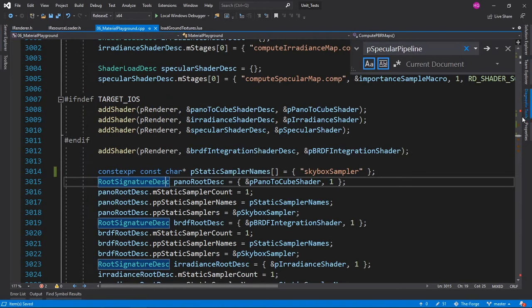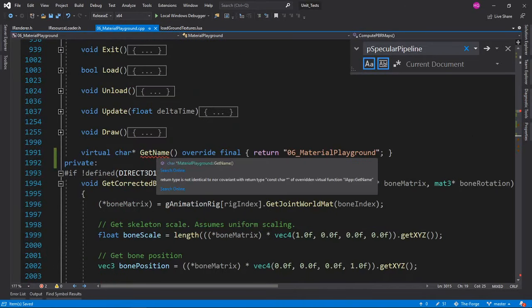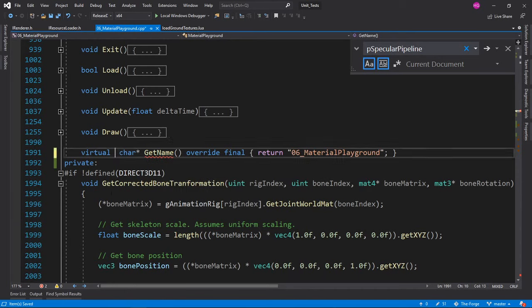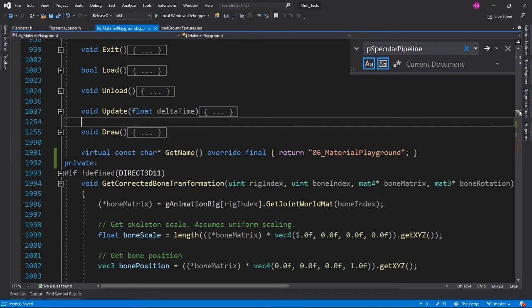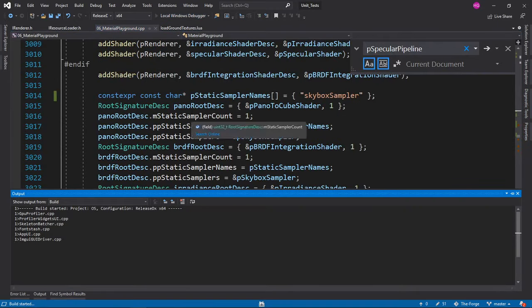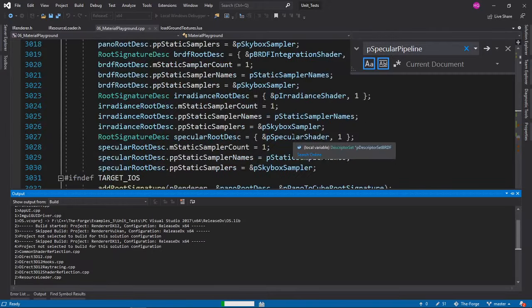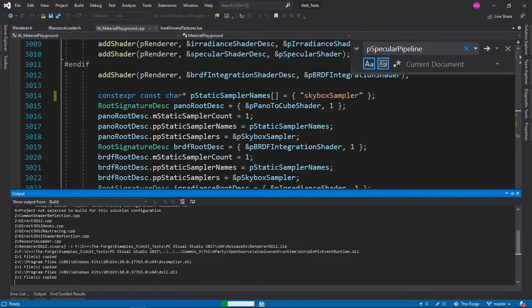Fixed, I guess. What is this here? Some kind of an error here. Get name. Version type is not identical. Oh yeah, this probably was const. I probably must have thought I'd added the const and removed it. So let's see if this actually compiled, and if so, we'll just keep going on. Seemingly it does.